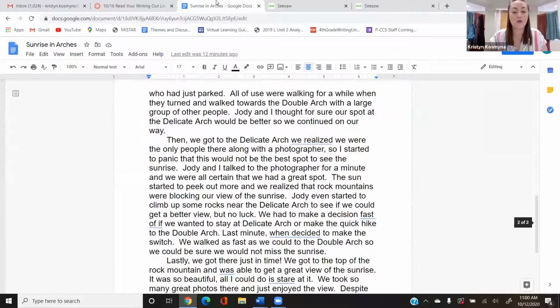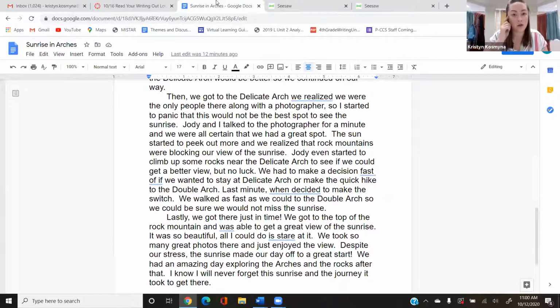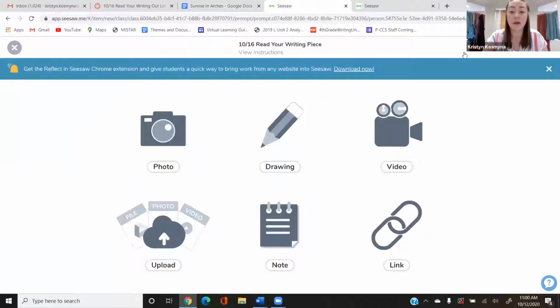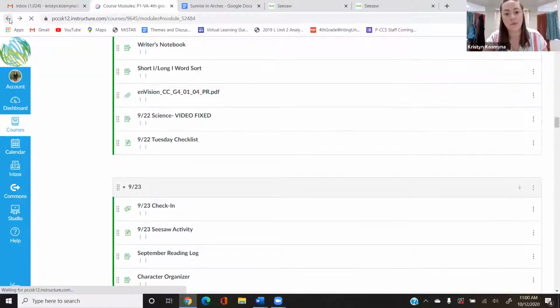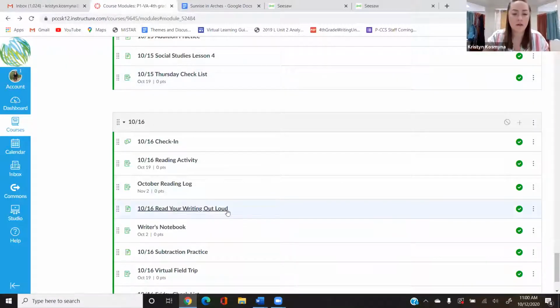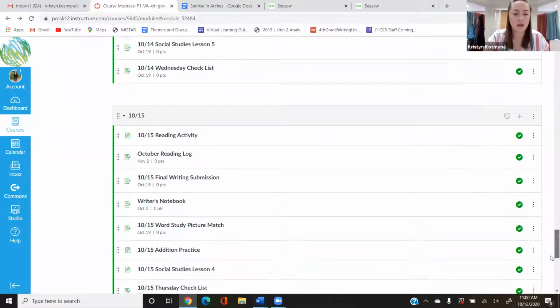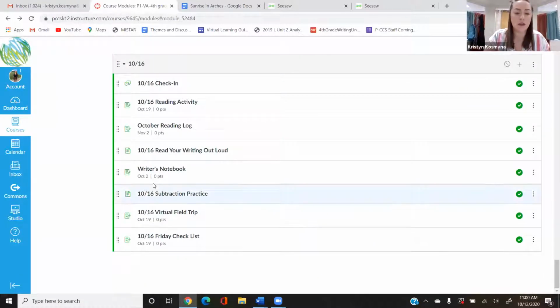If you don't want to do the Google Doc, you can of course go into your writer's notebook and read it from there, however you choose. I just want you to read me your story, click the green X and submit it, or the green check. I'm excited to hear your stories with your voice to them. I attached our writer's notebook just in case you need it to read your story. There's no word study today.